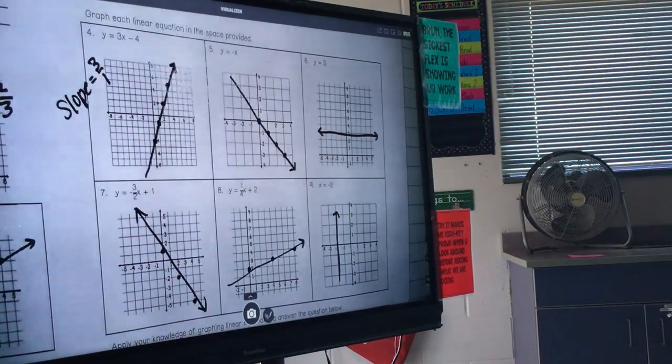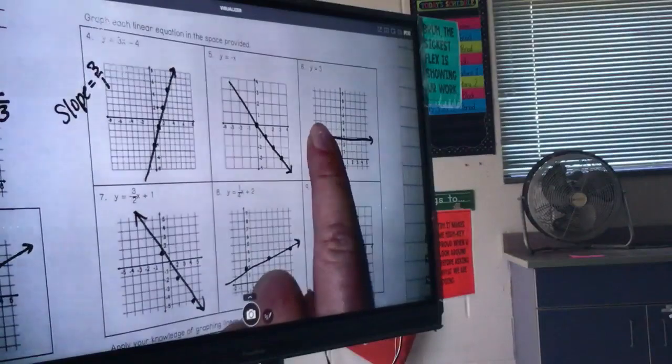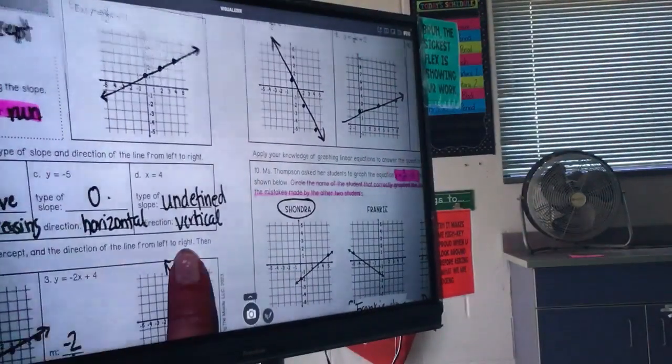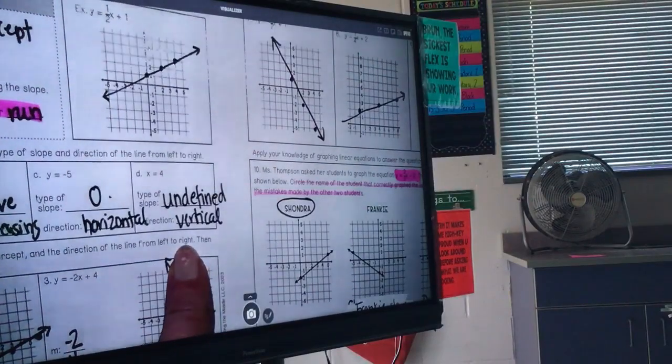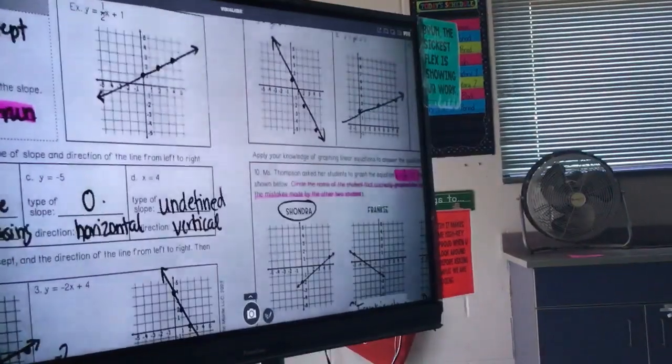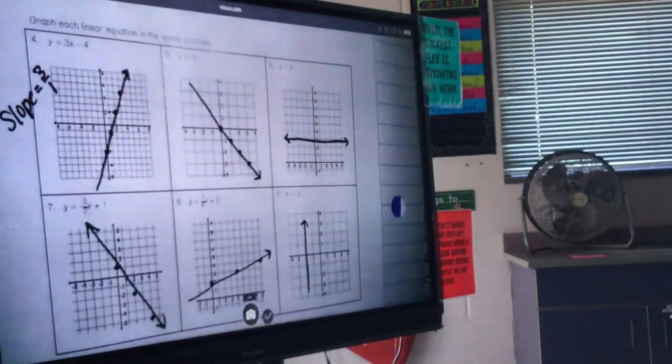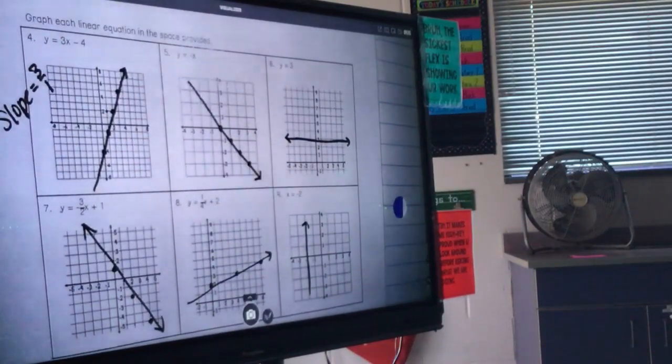All right. Number 6 gave a lot of us trouble. You have 2 examples over here that you could have referred back to, correct? So make sure you're using your notes. You're going back and forth. So this one is y equals 3. So I know it's going to be a horizontal line, and it has to go through the number that it equals. Does that make sense? Yes, no? Nevaeh, does that make sense? No. Okay. Sit up, please. Can you explain that? I got it mixed up with